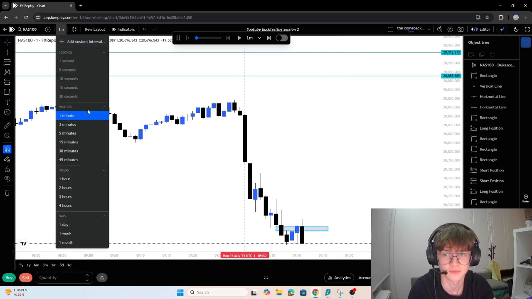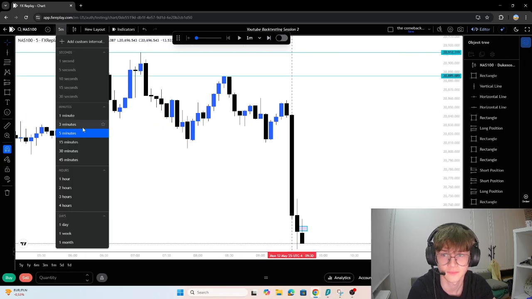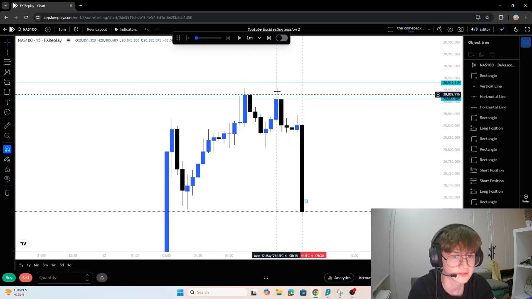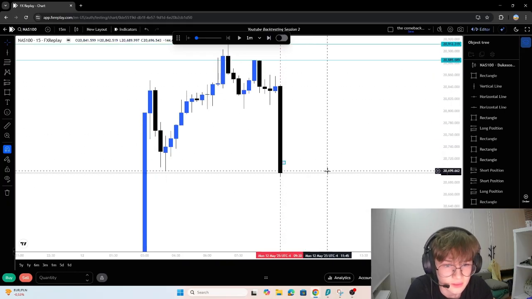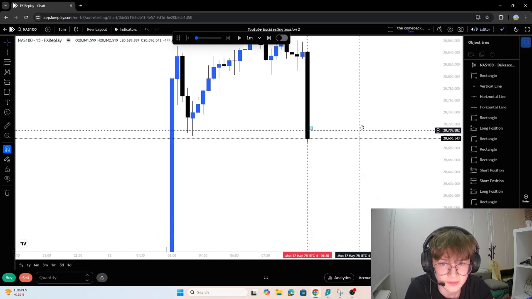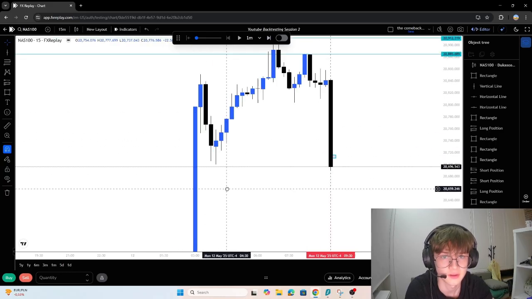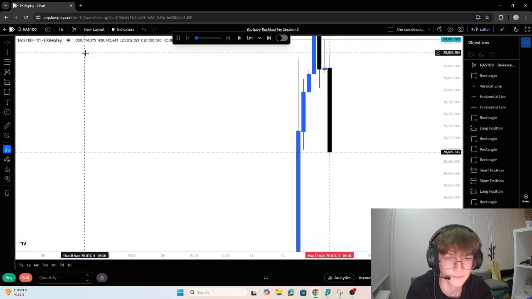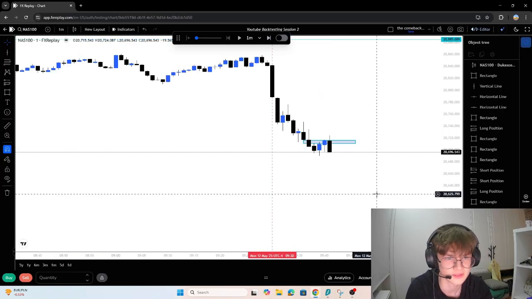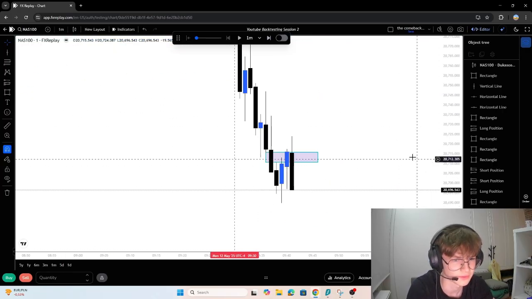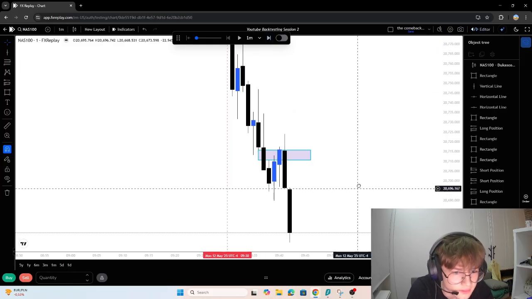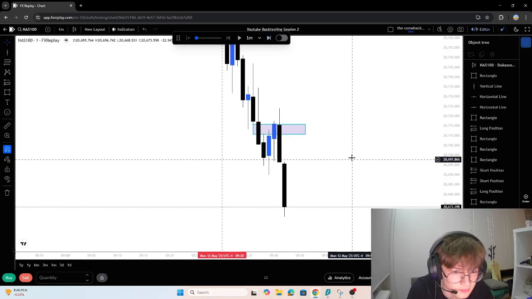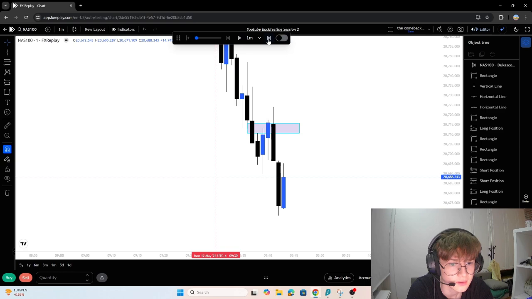I just have to remember what happened here before. We had some equal highs, price went lower, we swept this low, and we are in a 15-minute or like a 1 hour FVG probably. So it is a good time for a reversal, maybe. Let's see.